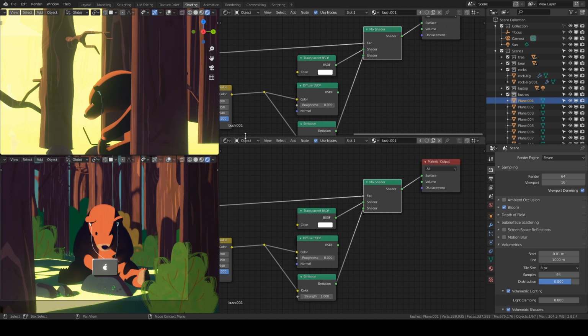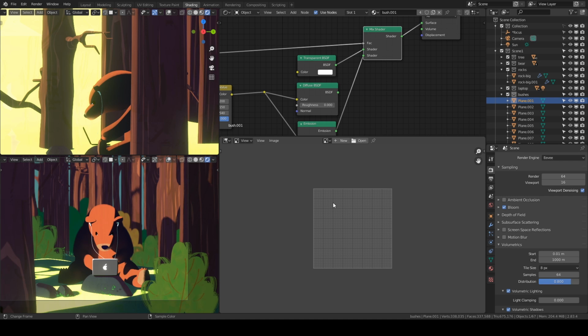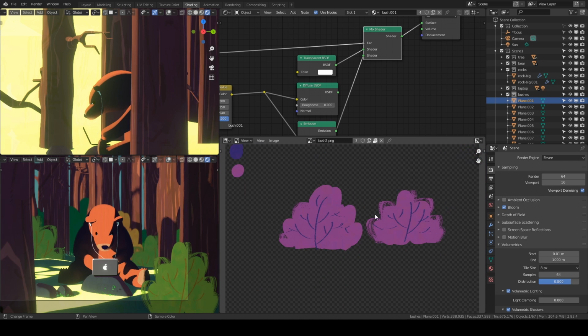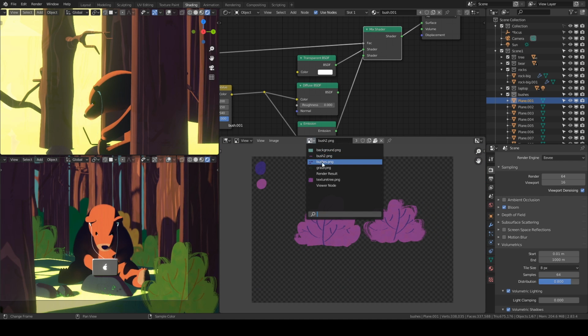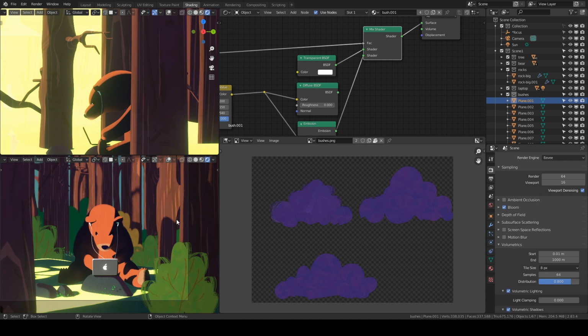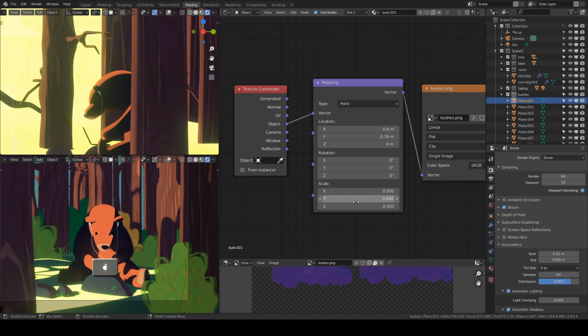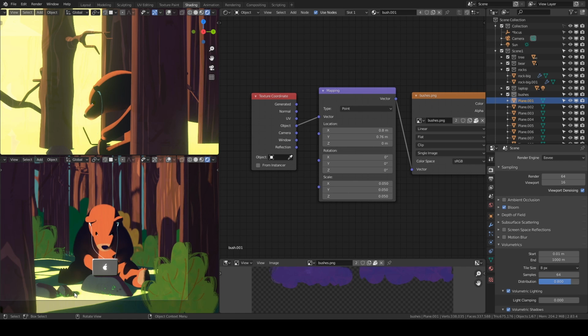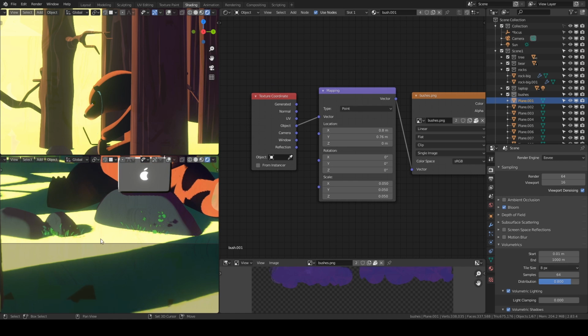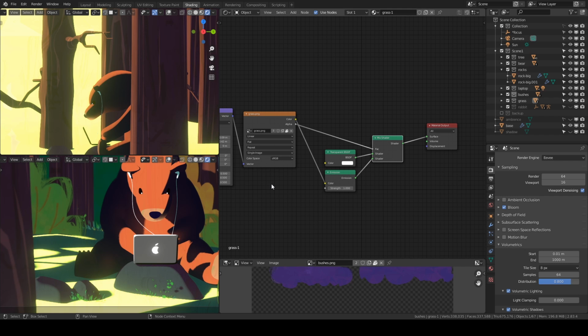These were the images that I'm using for the texture, like bush 2 and bushes. So I made a bunch of them and tried to randomize this, and then I scaled them so that they fit in the scene. Same for the grass. The last addition to the scene was this rabbit.